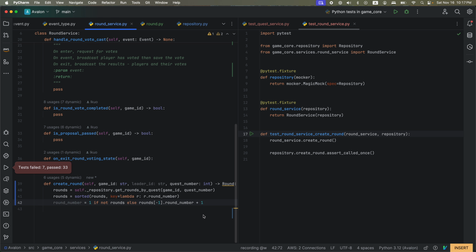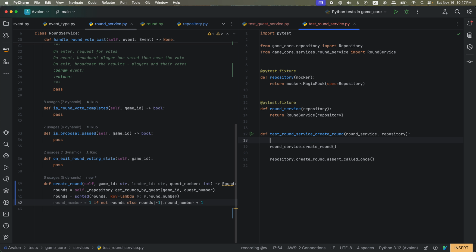Now once we have this, we want to, so given here, we need a game ID. We need a repository game ID. We need a quest number. And then we need rounds equals to